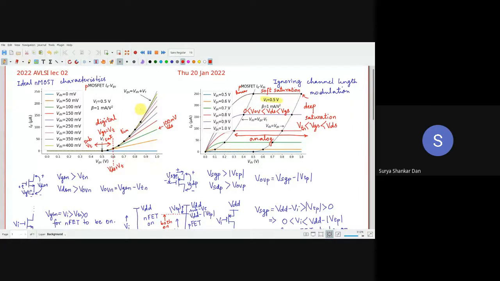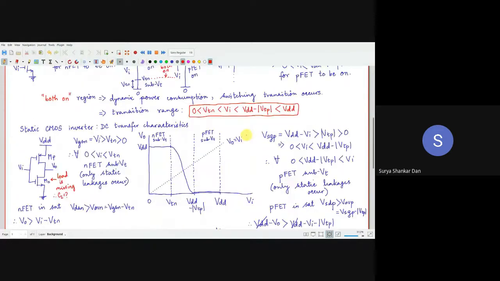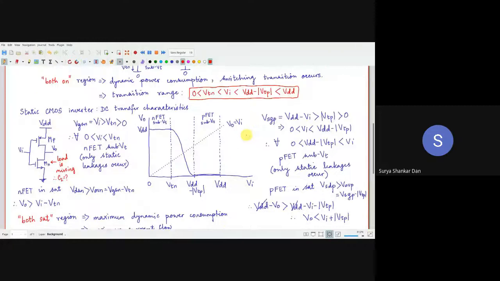In this course we will not bother about how to improve these device characteristics. We spent the whole last semester on this. You can ask your PMD students how to improve the performance of the device. So once these characteristics are given, ab iske saath hum circuits banayenge, correct? So in that case,